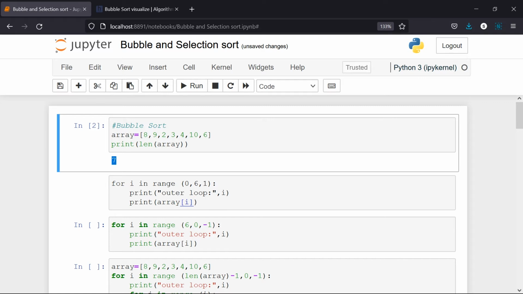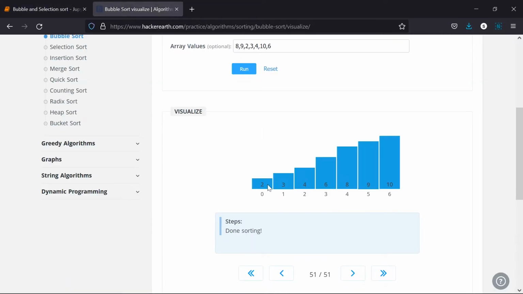And after that, what can I do? We know two iterations have to happen, right? In the first iteration, the jump is going to happen till the last position. And after that, again, it has to jump back to its initial position, and again the same operation is going to happen. So how many elements are there? That many iterations have to happen there. With this basic understanding, we can move into programming.